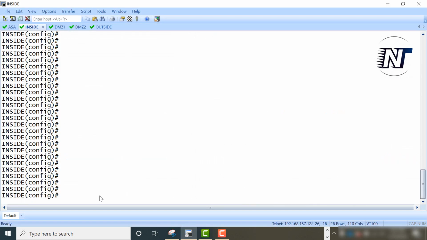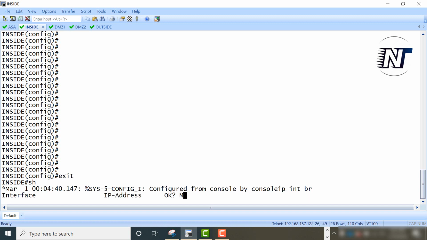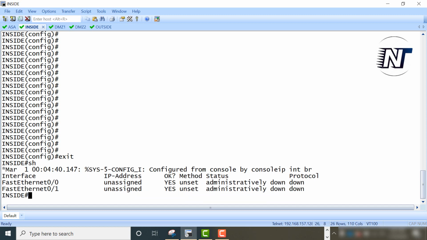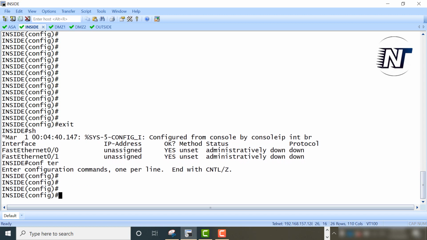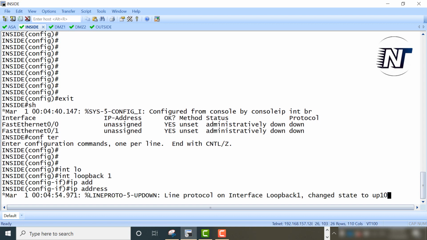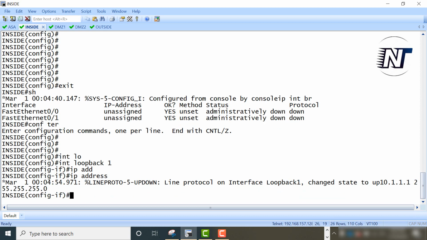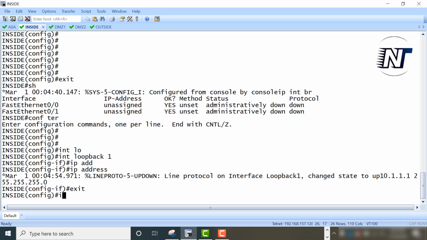So we'll configure the inside network first. Exit. So, show IP interface brief. Yeah, nothing is configured yet. We'll go to the global configuration mode. Interface loopback 1, IP address 10.1.1.1 255.255.255.0, exit.